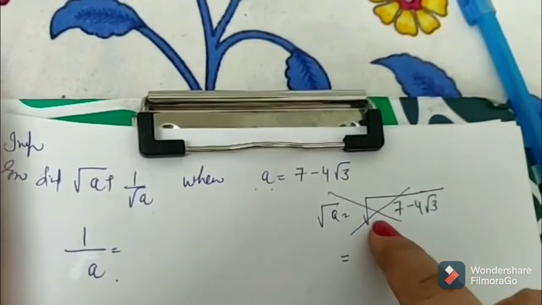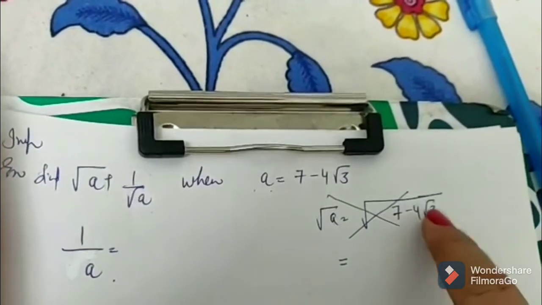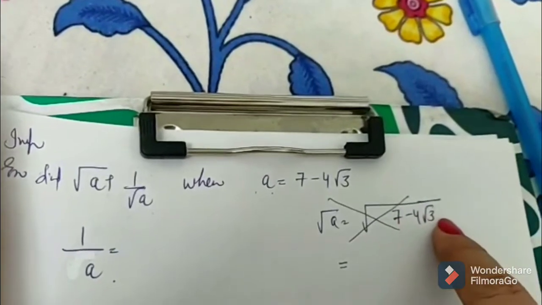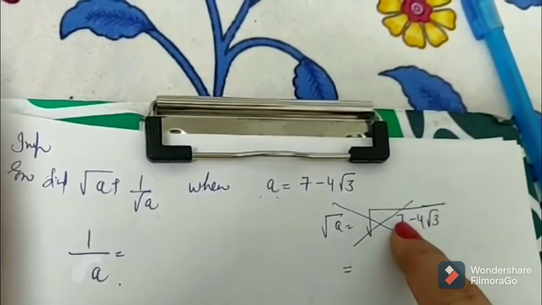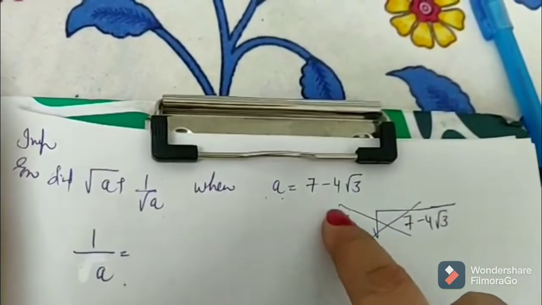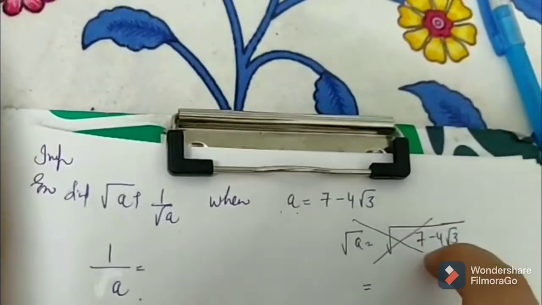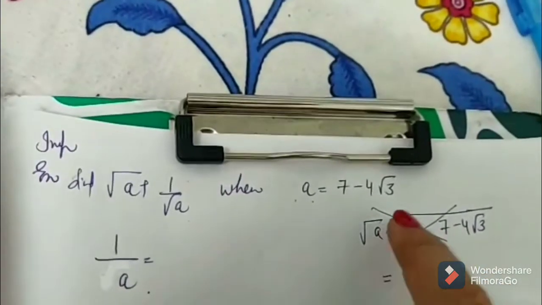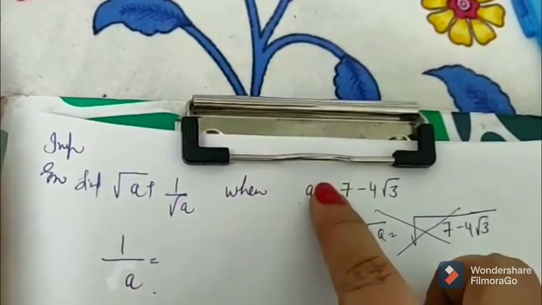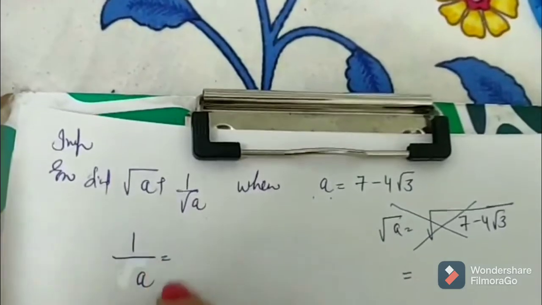That is, you need two numbers whose sum should be equal to 7 and whose product is going to be 4 root 3. So 7 can be written as 4 plus 3, but the product is not equal to 4 root 3. The sum is also 5 plus 2, the product is not equal to 4 root 3. That is, to write this number in the form of root a is futile, it is useless. So leave this. When I am not able to write down root a, I am not able to write down 1 upon root a also. But a is with you, so when a is with you, you can write down 1 upon a also in this way.